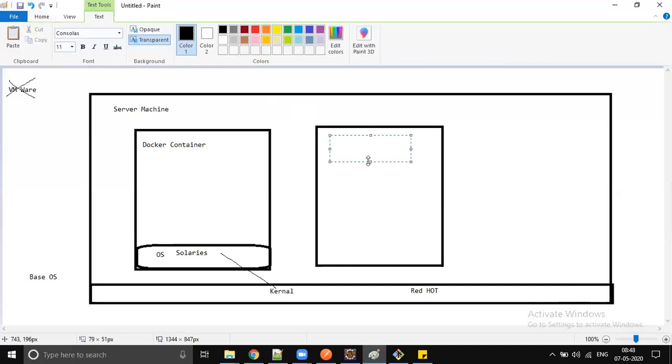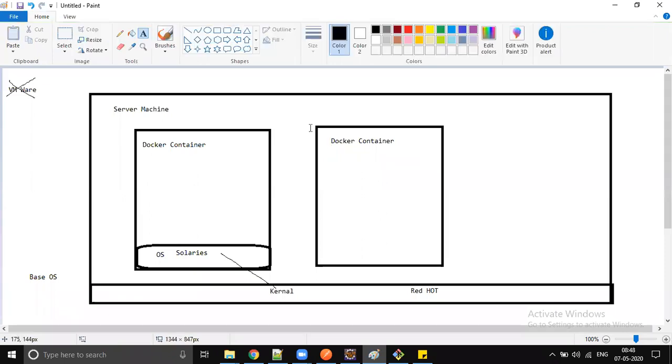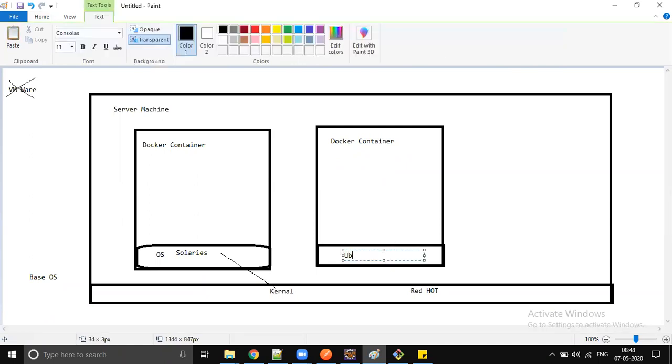It's like you split your computer into two subsystems, right? Two subsystems. So you can run any number of Docker containers you want to run. There is no problem at all. So this is going to be a Docker instance, and another Docker instance. If you want to, you can install a different OS here, right?